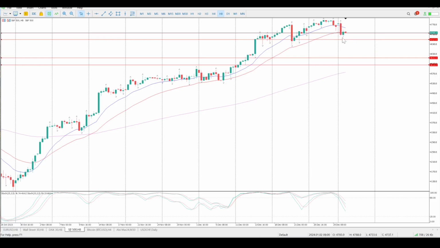And then we formed this kind of inside bar in the middle of nowhere. So nothing is concrete here, whether it's going to fall or whether it's going to rise. It could very well just set up a big range at the moment. The oscillators have eased off quite nicely, no longer overbought, pointing to the downside. So nothing really indicating that we're going to get a trend to the upside at the moment. And that's how quickly things change, from yesterday morning to this morning.